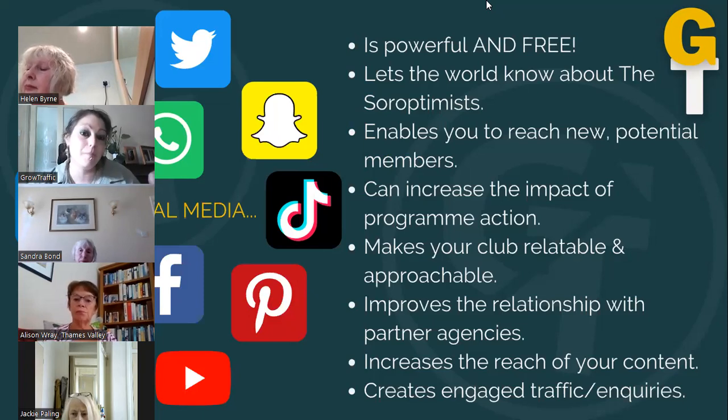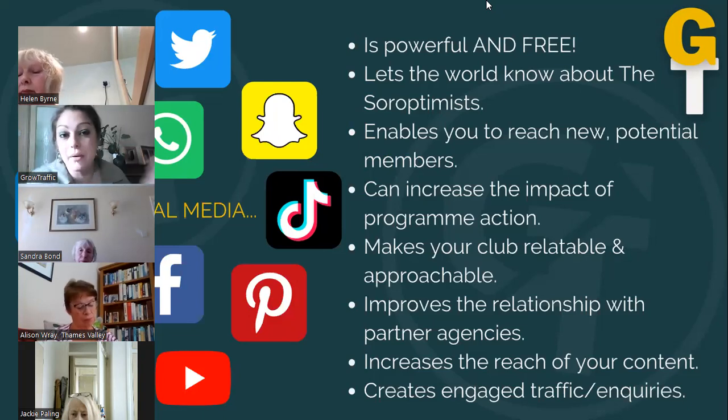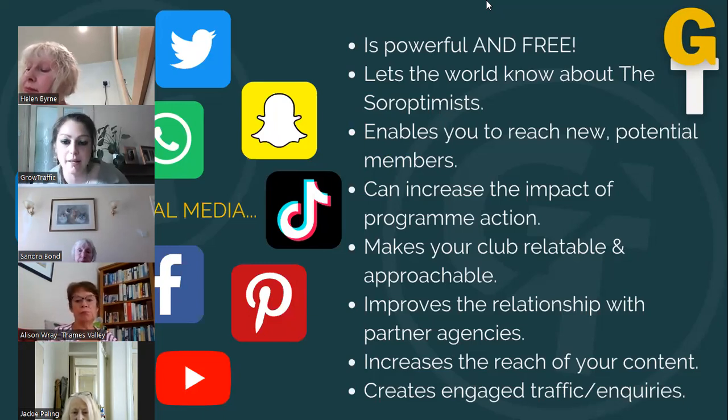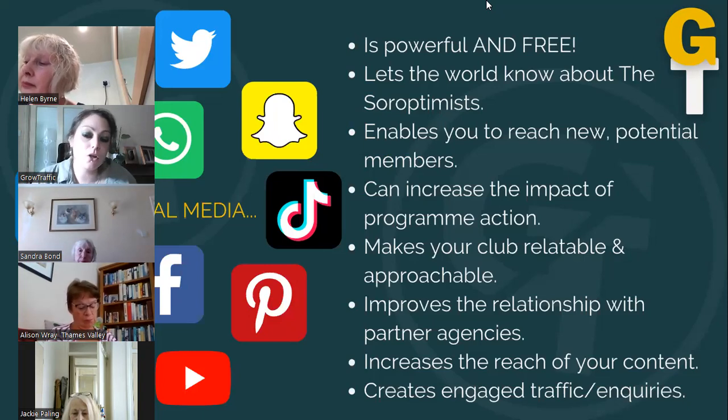So it allows us to reach more people, but it also allows us to reach potentially different people. I know in the olden days of Soroptimism, you had to wait to be invited. And so it was certain women from certain standing in society, certain professions, what have you, whereas now social media allows us to open that conversation out and have it with women that previously might never have considered joining a membership organisation.